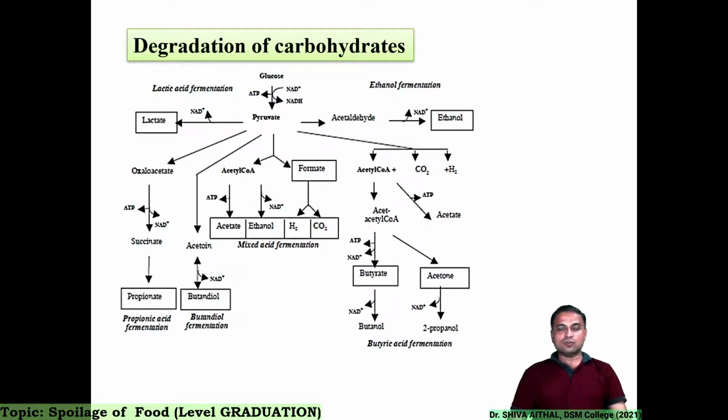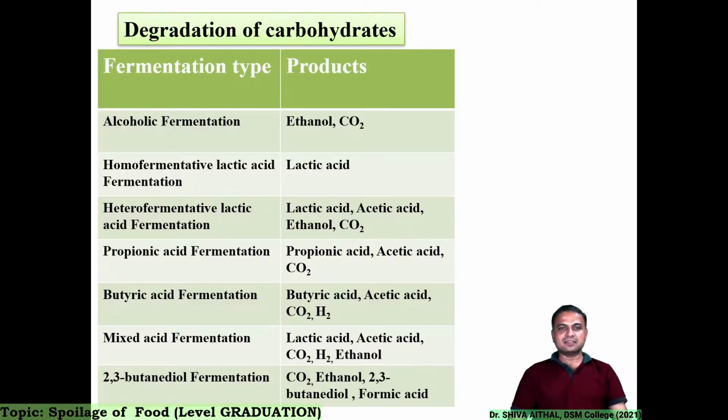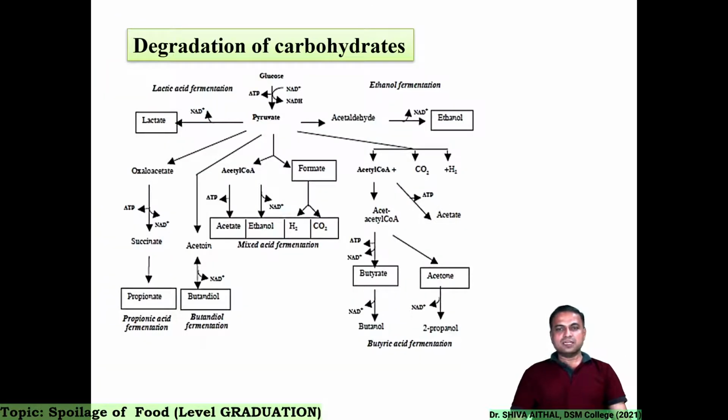This is the pathway which I have been showing, so I will not go into much detail of the pathway. This is the same slide as this slide which gives the product, but it is under a systematic flow sheet where it is showing all the products from glucose. How from glucose, oxaloacetate, propionate, butanediol, acetate, ethanol, hydrogen, carbon dioxide, formate, ethanol, butyrate, acetone, all these acids, they are a product of microbial metabolism or fermentation in the food utilizing the glucose or the carbon substrates present in the food.